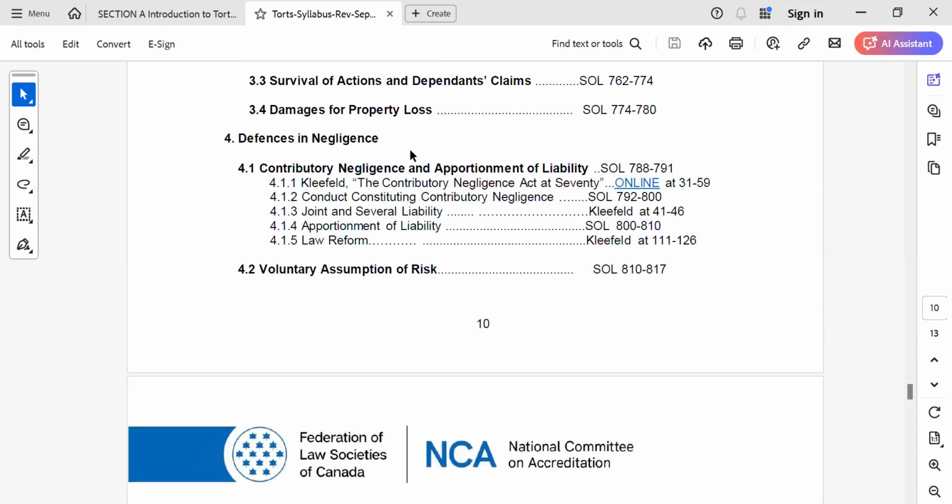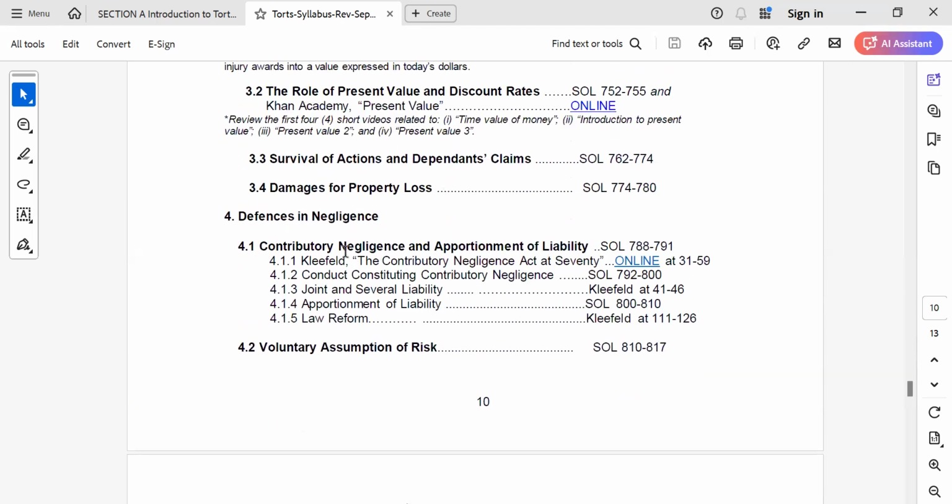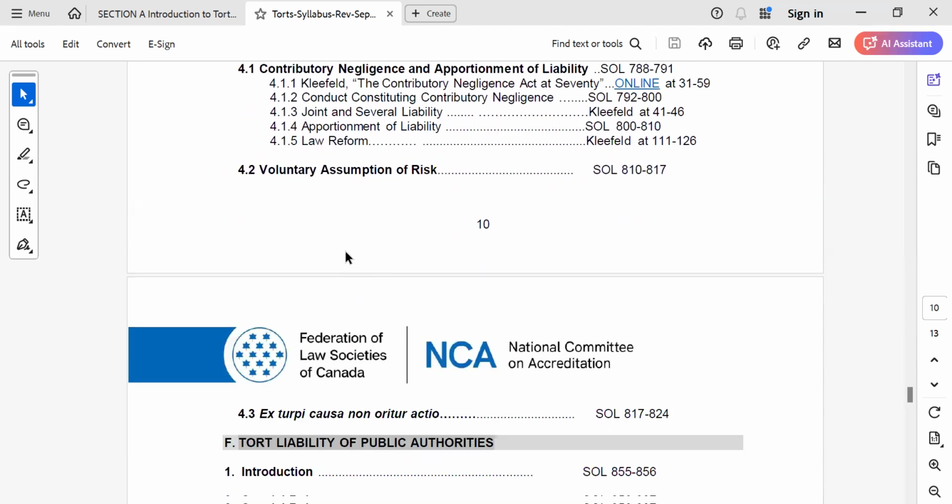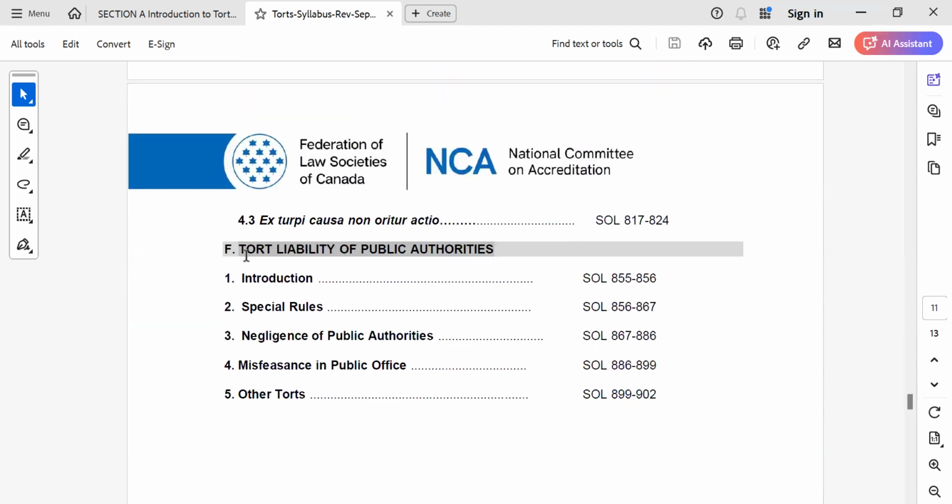Voluntary assumption of risk, defense in negligence. So everywhere you are seeing defenses as well, and here remedies are there. So everything we have to find out. Then